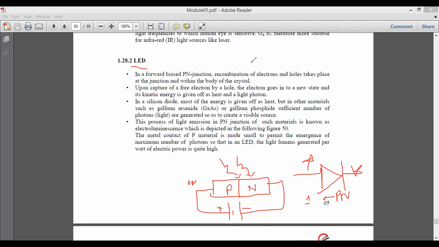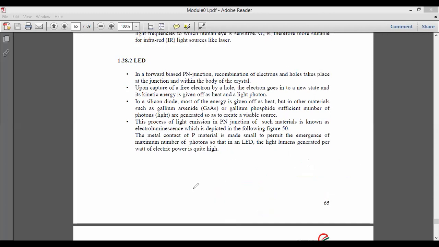Sorry, this is actually a photodiode. But when you take a normal LED, it will glow, right? Many LEDs you have seen, different colors of LEDs are available in the market. That concept I described is actually the photodiode. Whenever the light falls, it will conduct, but here the operation is a bit different.